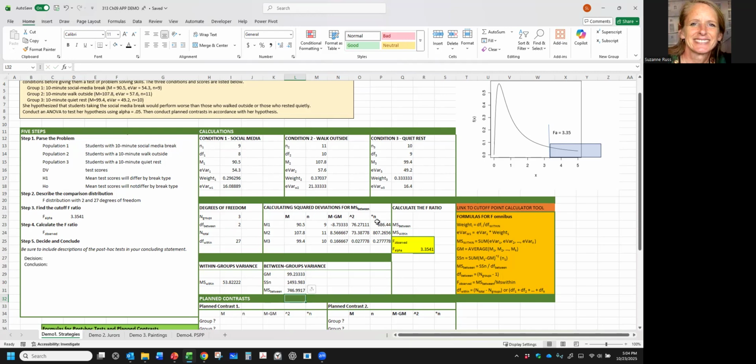So let's go ahead then. We're ready to calculate our F ratio. We could rewrite these here if we wanted to. We don't need to. I think they're pretty clear over here. Here's our cutoff point. Now we calculate. You can see here that our formula F observed is going to be MS between divided by MS within. So let's go ahead and get that. Equals, here is our MS between, and we're dividing by MS within to get that ratio. And we find out that our F observed is